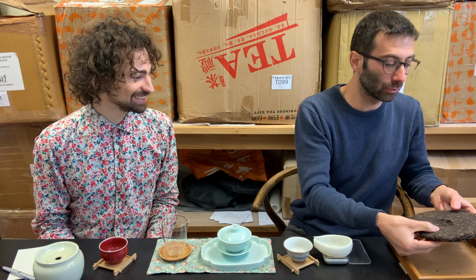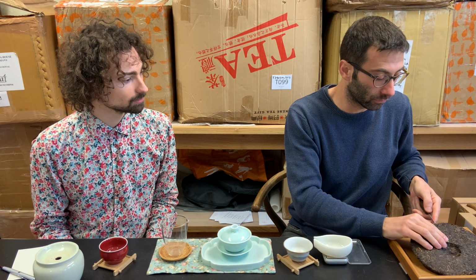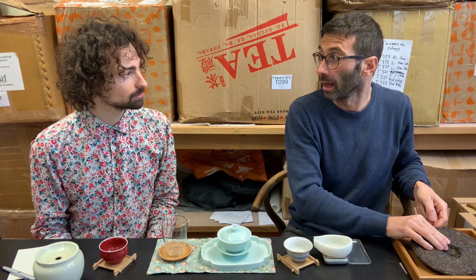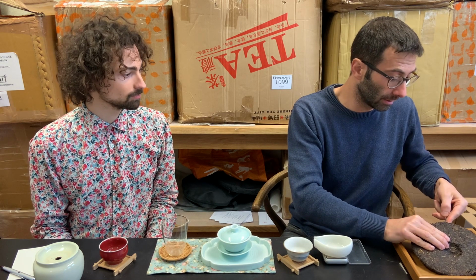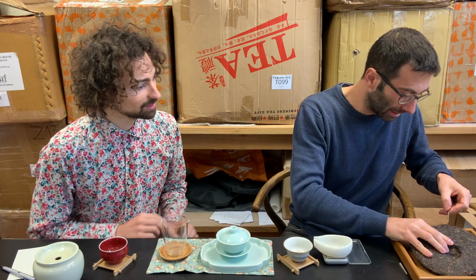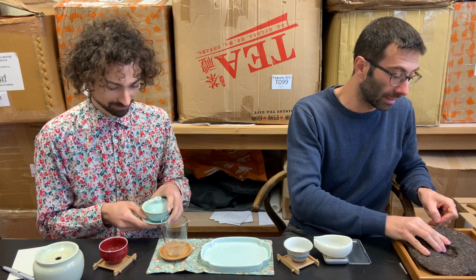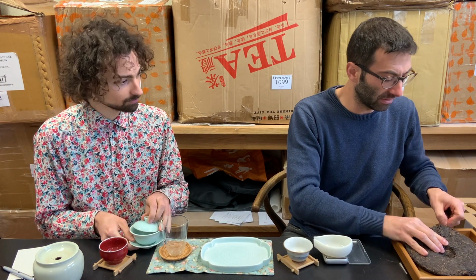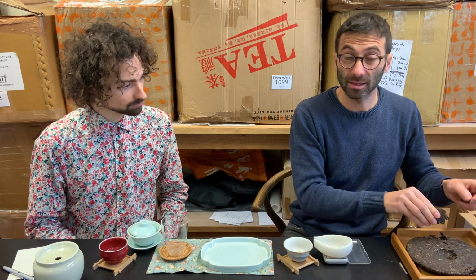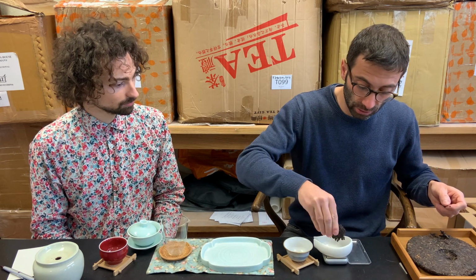Of course you cannot just go back in time and buy directly from the company, because they sold out all the cakes of that time. So you need to buy from someone else. What we have chosen is basically a friend of ours who has been in the tea business for, I think, between 20 and 30 years. I don't know precisely. And at that time, back in 2006, and also in the years before, he sourced